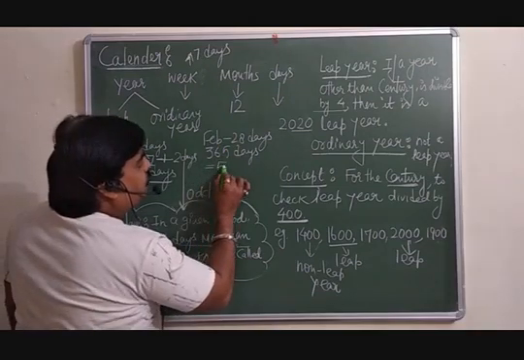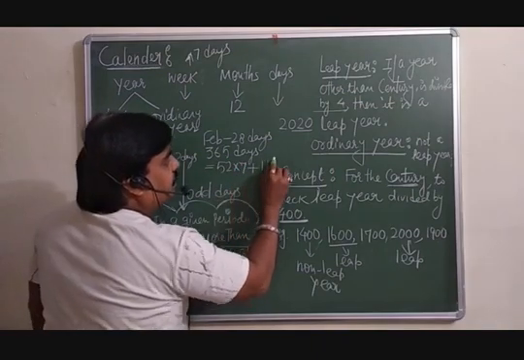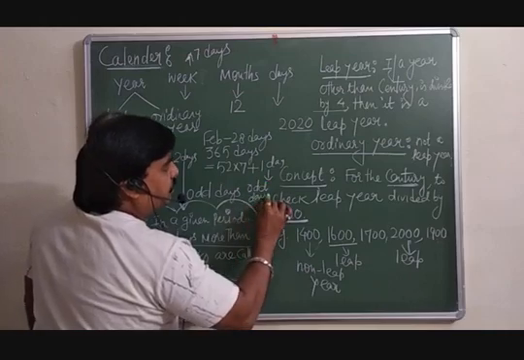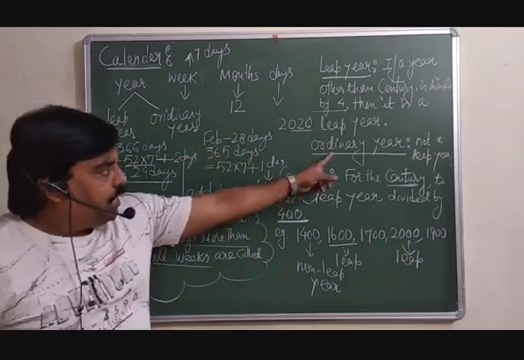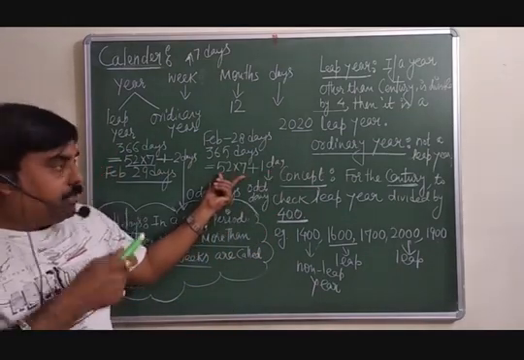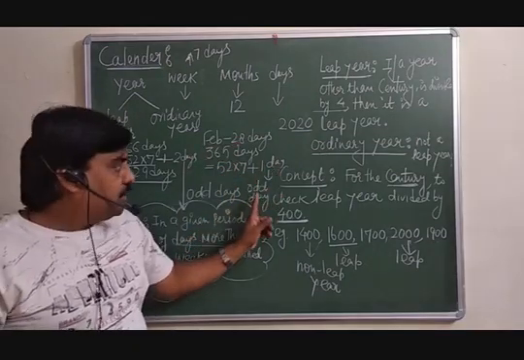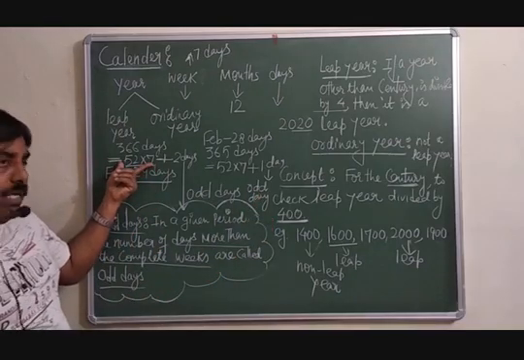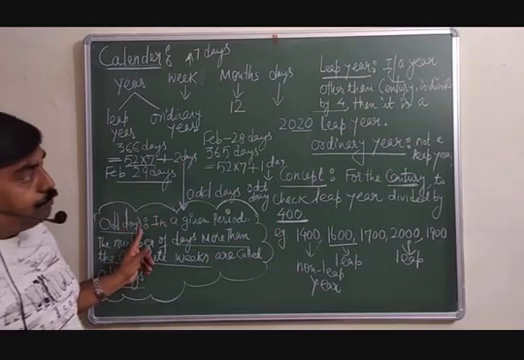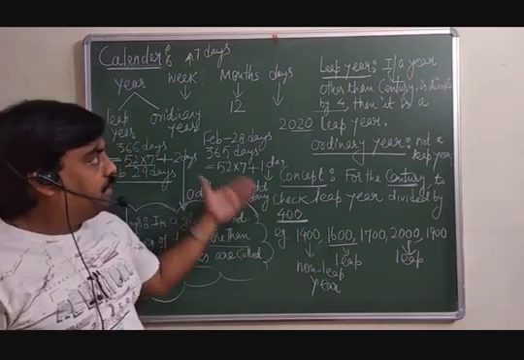Similarly, here are 52 weeks, that is 364 days, plus 1 day is left. And this 1 day is the odd day of the ordinary year. So in an ordinary year, how many odd days are there? The day which is not in a week. There are 52 weeks in an ordinary year, and 1 day is left. That is known as an odd day. Here there are 52 weeks, but 2 days are left in a leap year, so those 2 days are known as odd days. Likewise, we will discuss how many odd days are there in century years. That we will also discuss. Have a look.